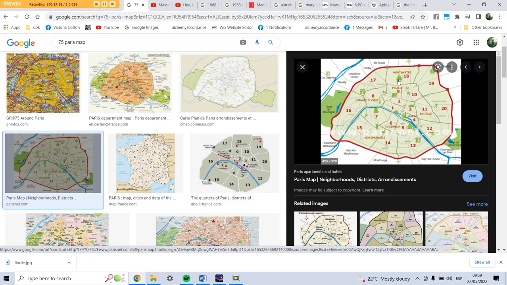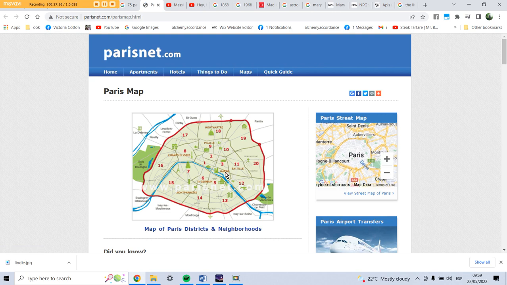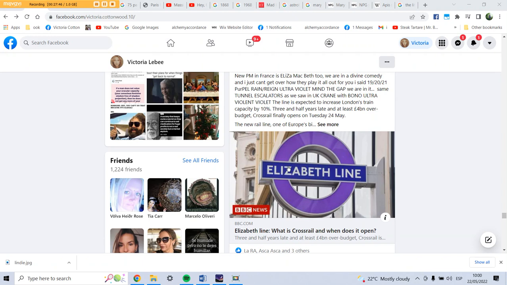There's always been a very big difference on the two sides, rive gauche and rive droite in France. And you had the Notre Dame, which is on that little island. If you look at it from above, there's the island, there's Notre Dame, and it's an eye. It's the eye. Eiffel Tower. It's the eye. So I said in the last video, we're going through the gap, the ultraviolet, and here we